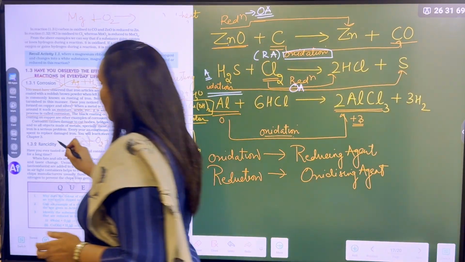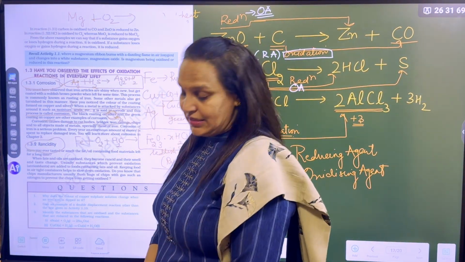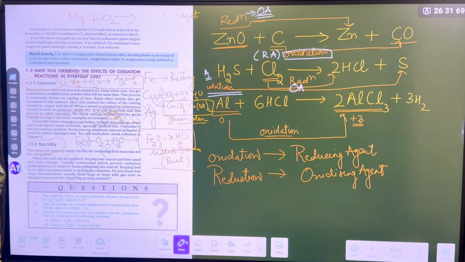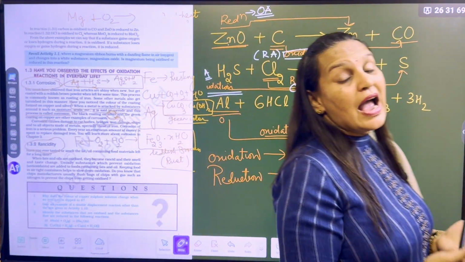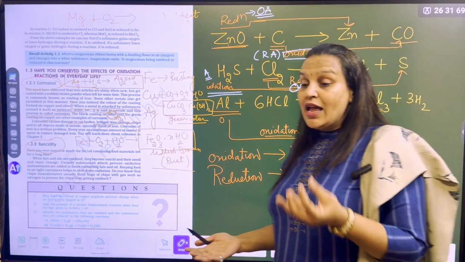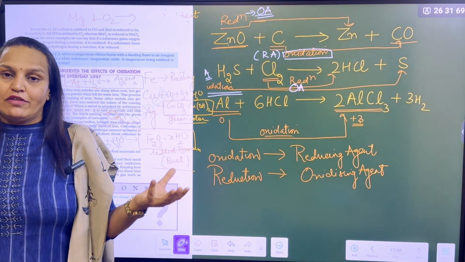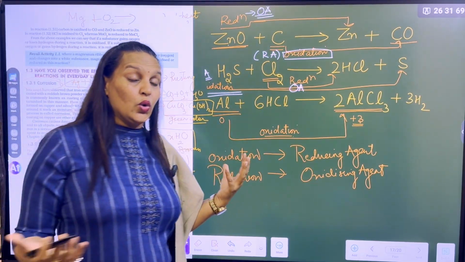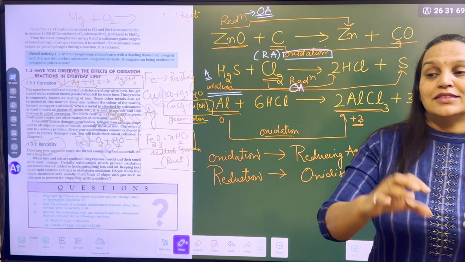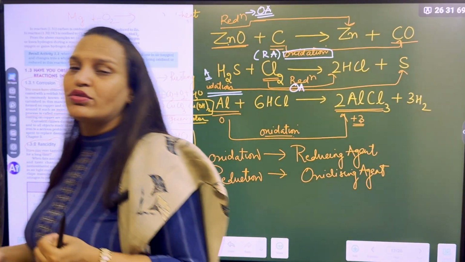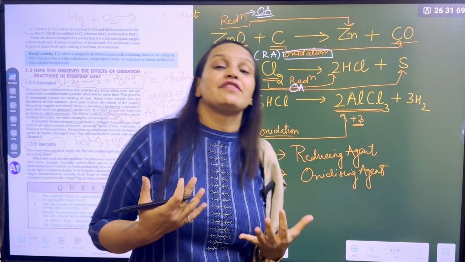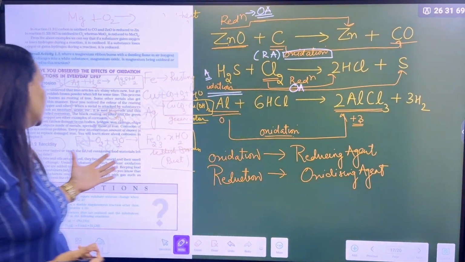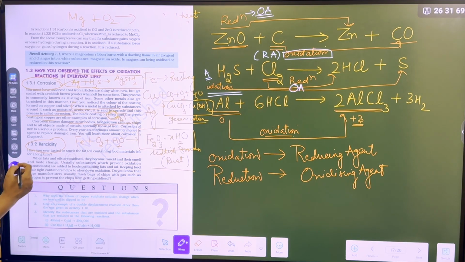Now come to the last topic of the chapter, rancidity. Rancidity means oxidation of oils and fats in our kitchen. Do you find oil, ghee in our kitchen? Mama never buys 100 liters of oil for a full year. Does she? No. She always buys 5 liters, 10 liters so that it can be consumed in 2-3 months or 4 months, but we never buy so much together because the oils have a tendency to get oxidized. Fats have tendency to get oxidized. That oxidation of oil and fat is called rancidity.